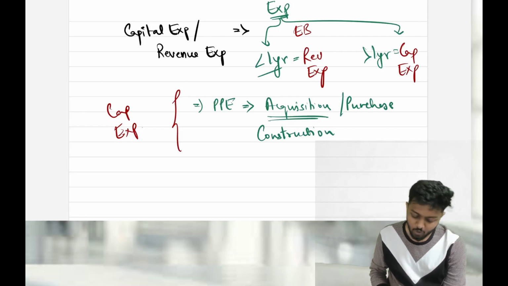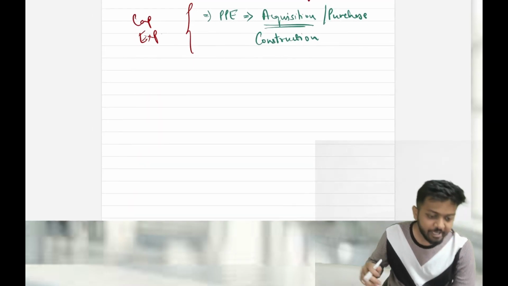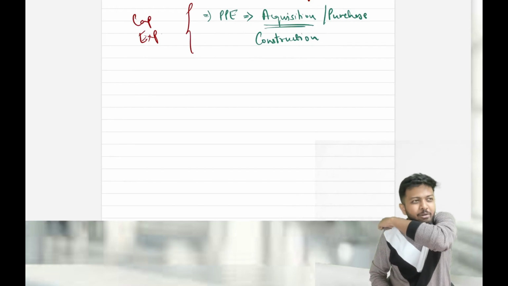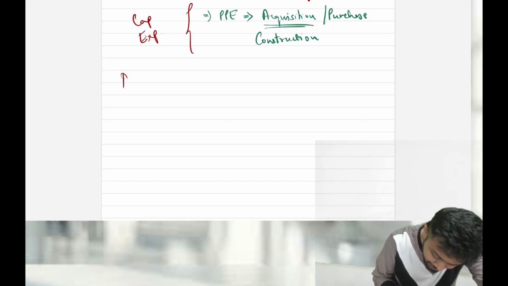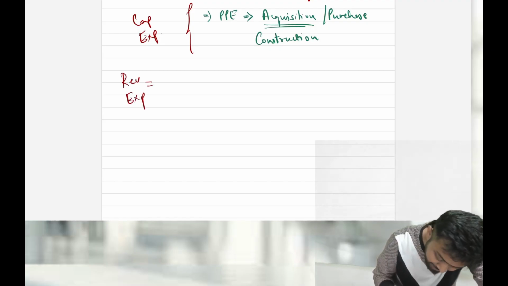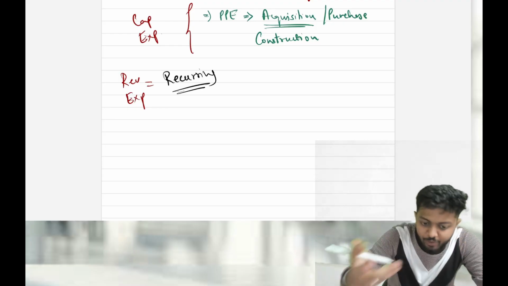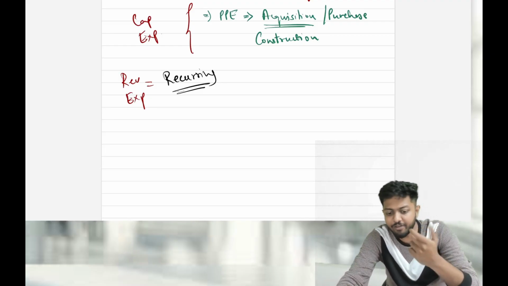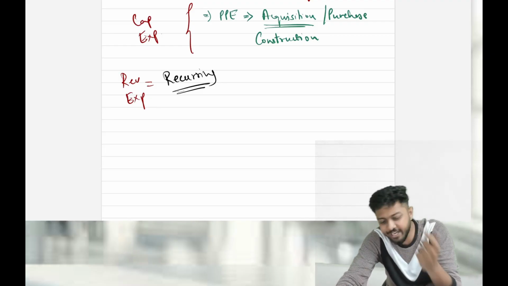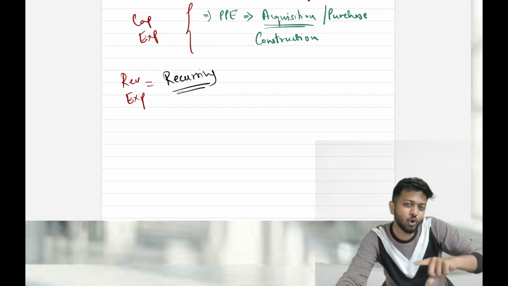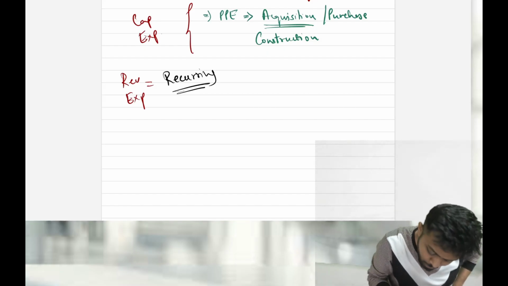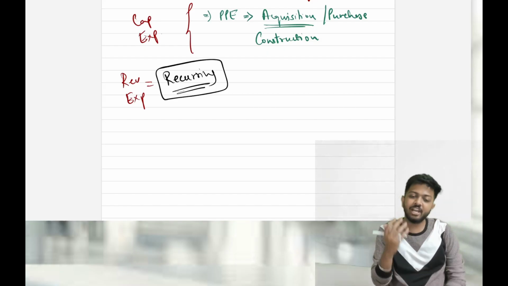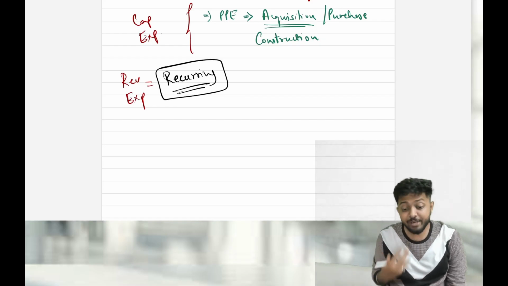Alright, okay. Then what else will be treated as capital expenditure? One more indicator of capital or revenue expenditure, it's just an indicator: revenue expenditure will generally be recurring. For example, suppose you take rent. The benefit that you get from rent payments is generally less than 1 year because you generally pay rent for 1 month. So that will go to P&L. It will be considered as a revenue expense. Rent is a revenue expense and it is generally recurring in nature. That means it is repetitive in nature.